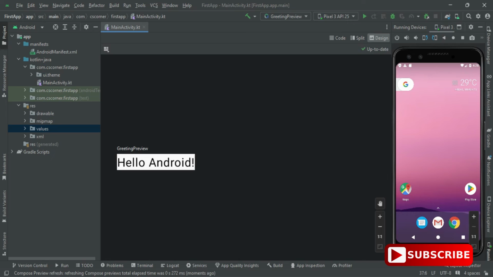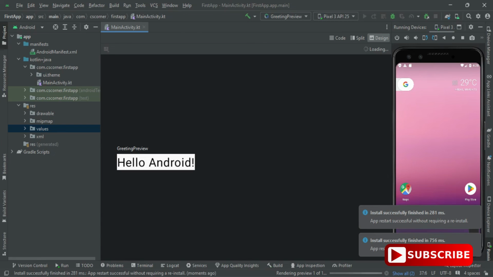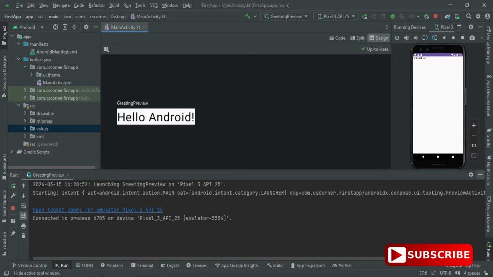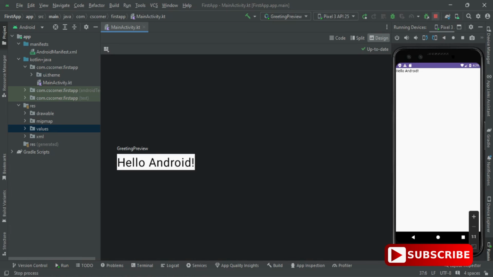Now I'm going to run it actually on my AVD. For that, you can click on the play button at the top, or you can select here the third option. It will run your program on your AVD. So I'm selecting this third option, and it will build your program and show the output on your AVD. So guys, you can see it is showing me my output on my AVD. In my code I had hello Android, so it's showing me hello Android.